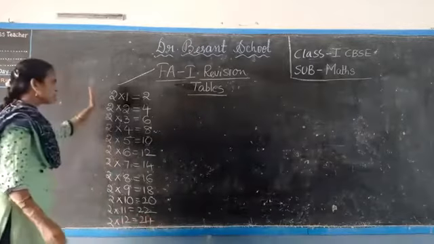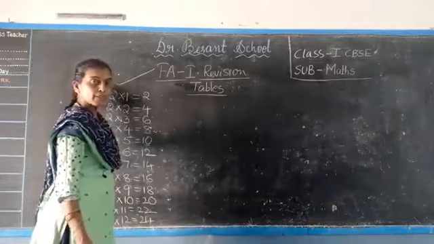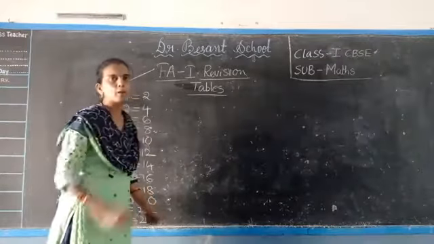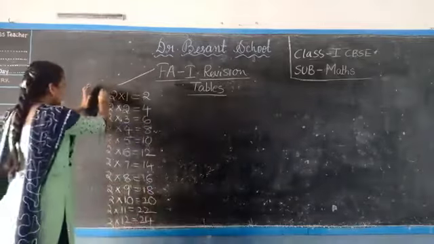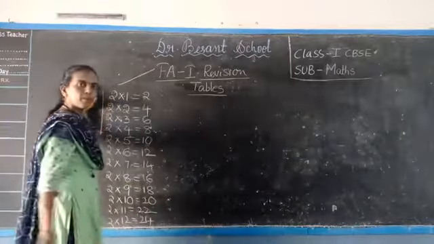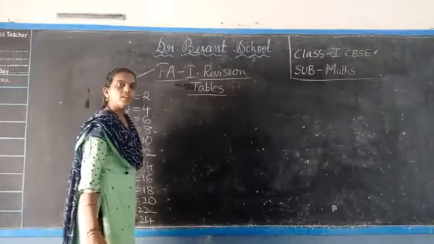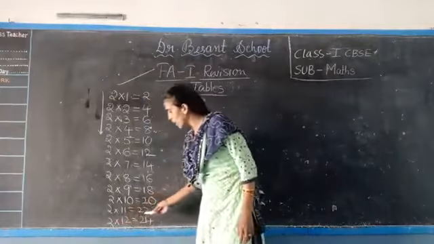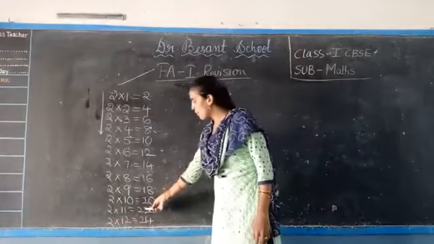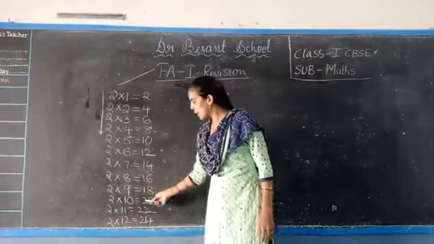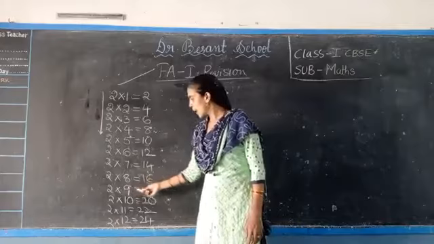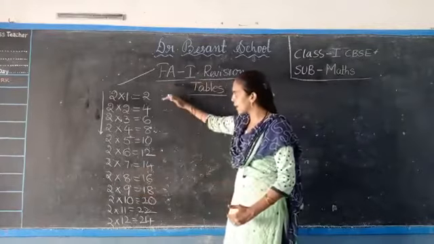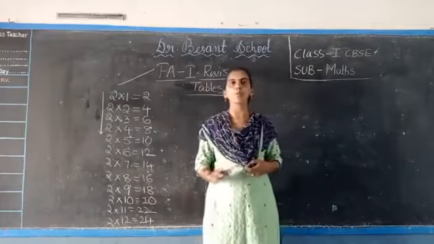My dear children, you have to write these tables in forward direction also as well as backward direction. See here, this is called the forward direction of the 2 table. What is the backward? Means you have to write the backward table like this. 2 12s are 24, 2 11s are 22, 2 10s are 20, 2 9s are 18, 2 8s are 16. Like this, you have to write the table from the backward also.